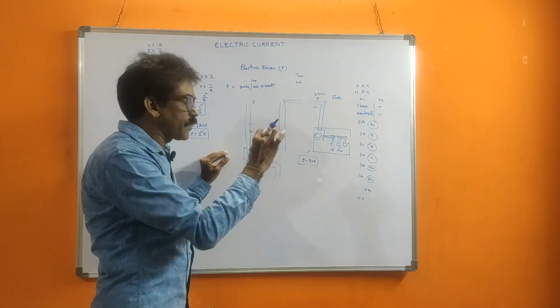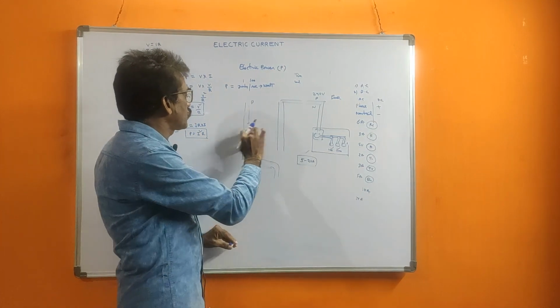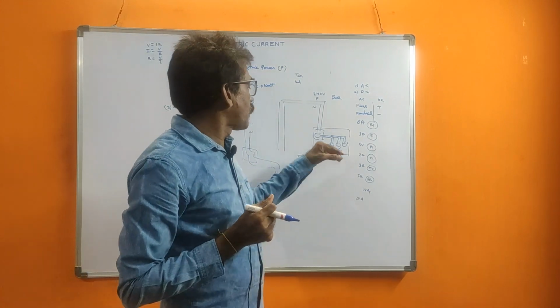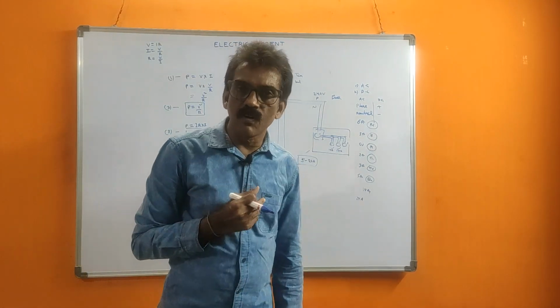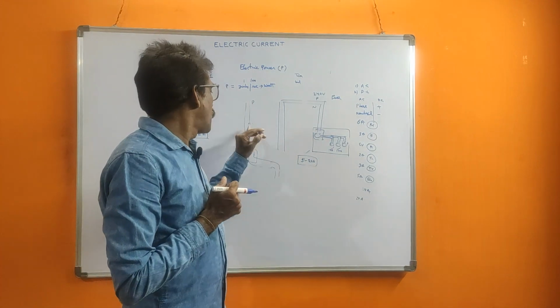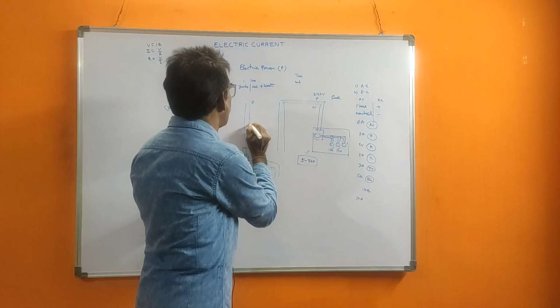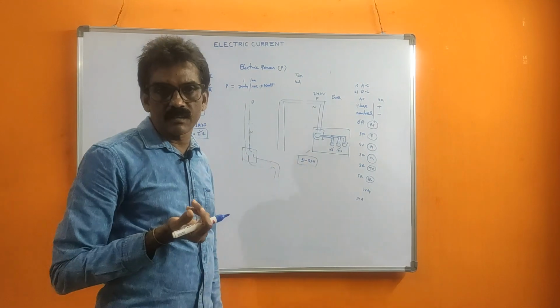So definitely it will pass through this only. Whenever the excess current is passing, it will break. Once it breaks, our supply is disconnected. So no supply is passing through our appliances. So we are safe, but the fuse is damaged. Immediately we take another fuse wire and attach it. It is very low cost.